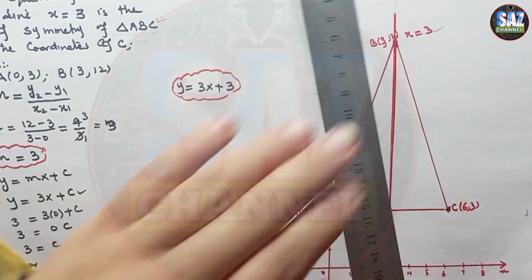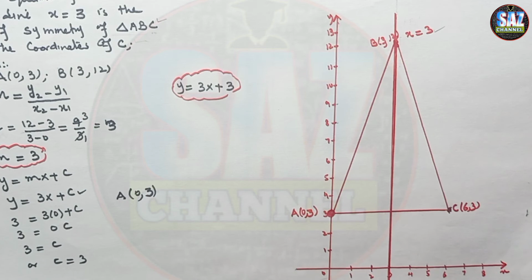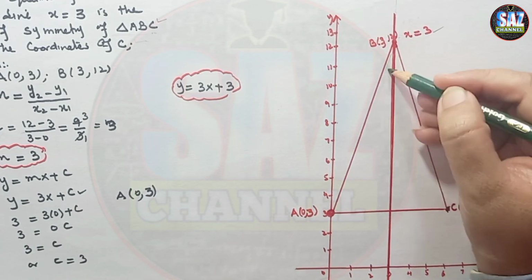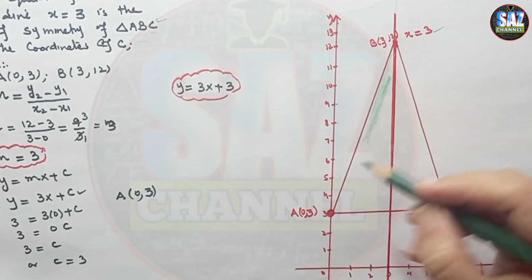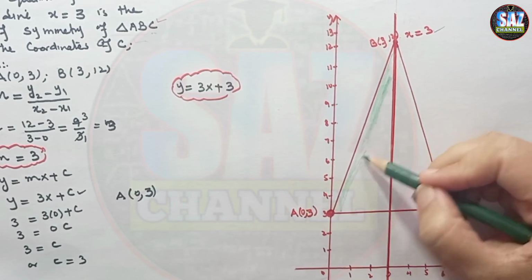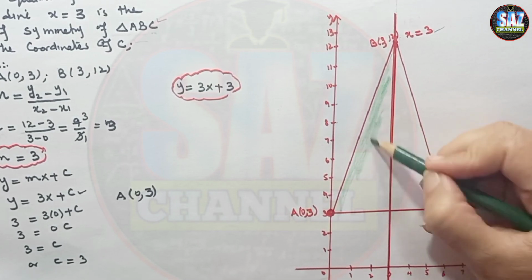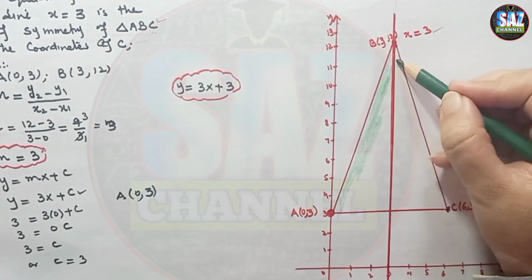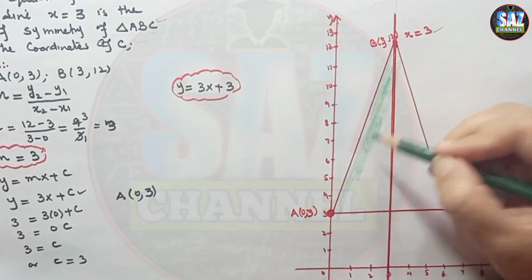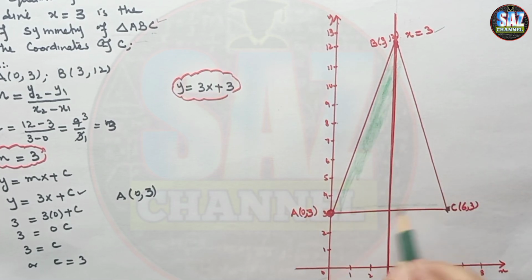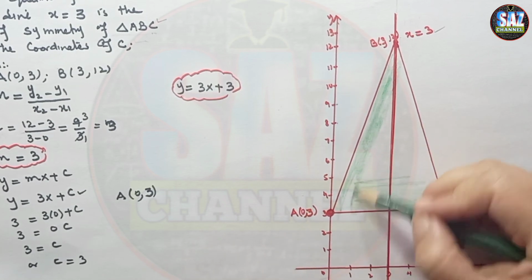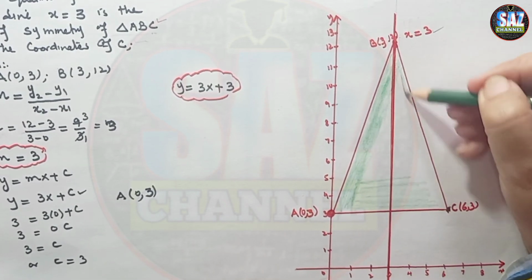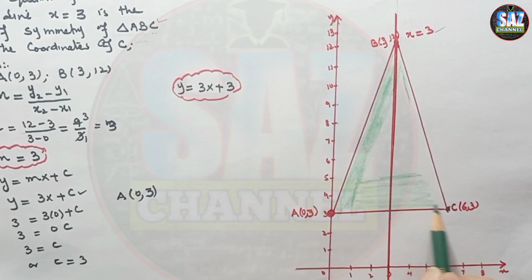Make it neat and visible. I hope you are clear about this question. Let me give some more beauty to my triangle, and let's have some coloring. Let's have some fun in maths as well. Enjoy your geometry work, always enjoy your work, so that my students can understand all this work easily and visualize how the triangle is formed and what type of shape we are getting. I hope you are clear about today's lesson.